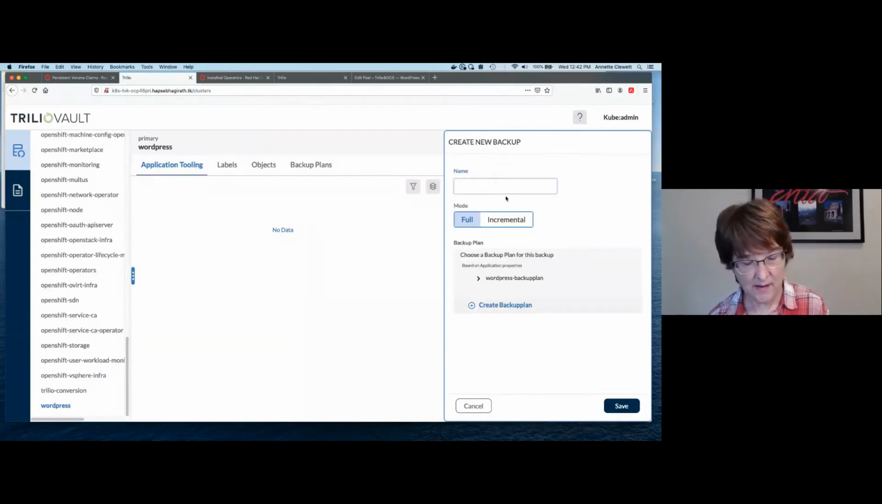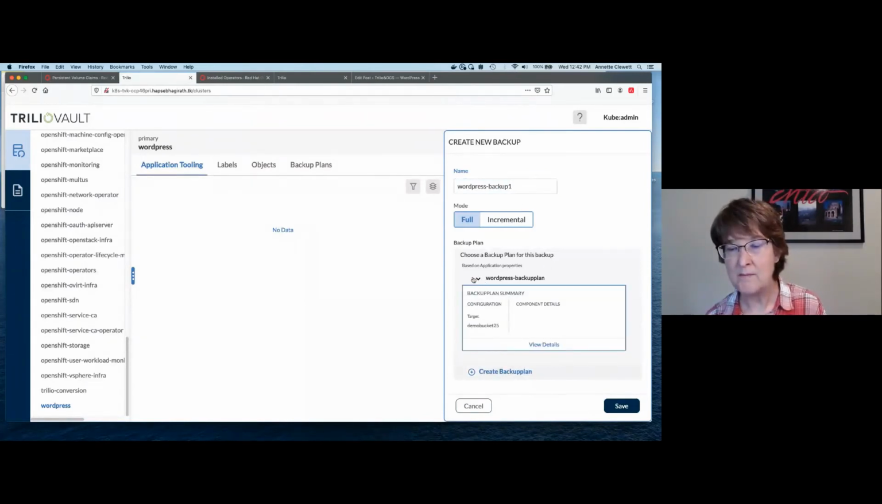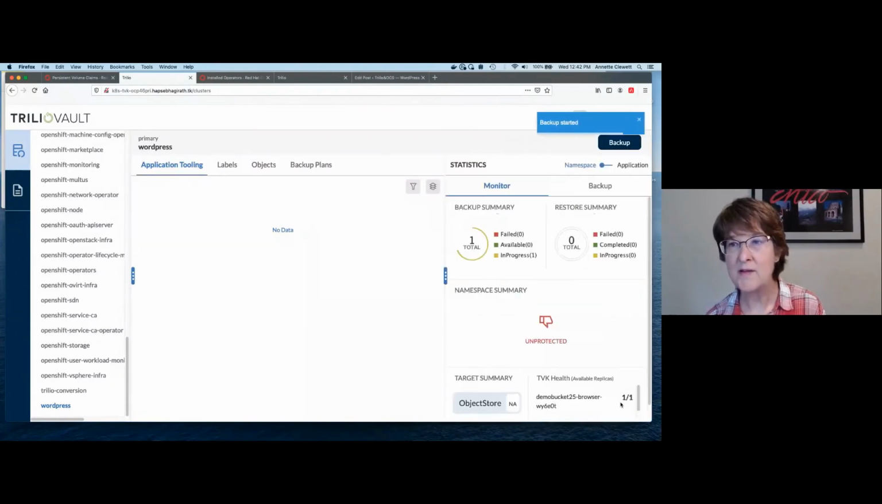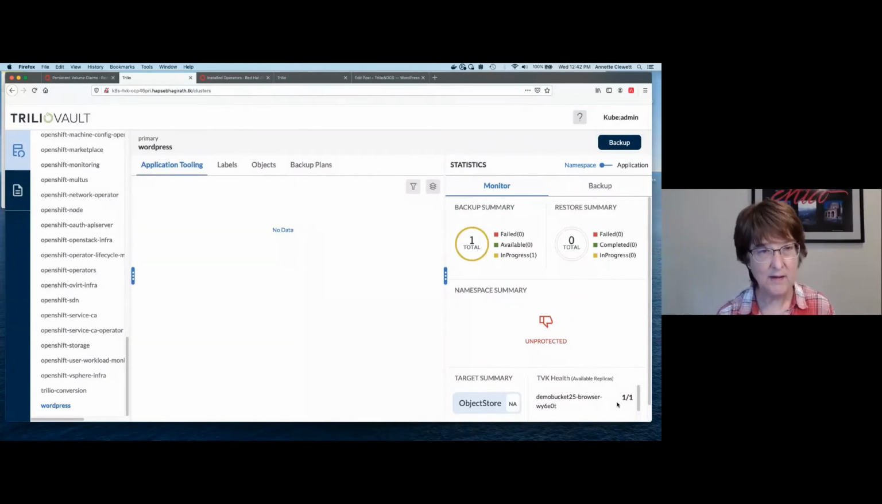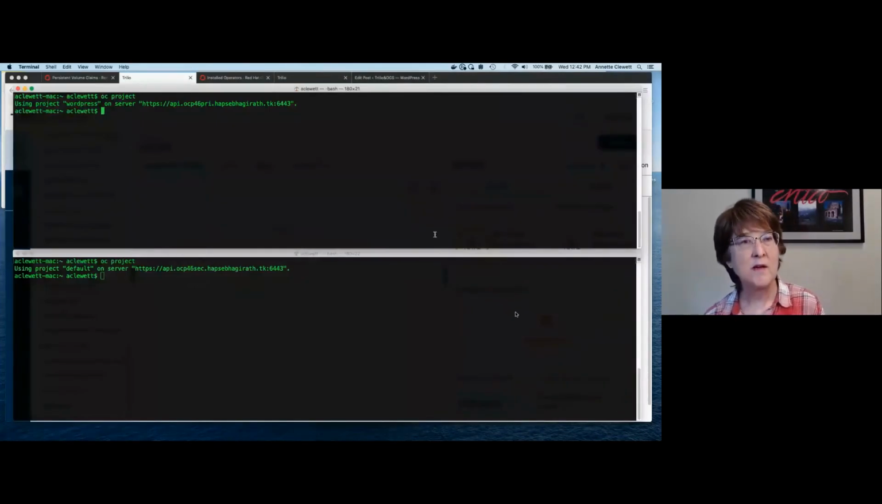And then I'm going to name this particular backup. Once I do that, I need to choose my plan here. And the little check mark means I've chosen the WordPress backup plan. Save, and then the backup's starting. So while it's moving along there, let's just look at the terminal. So on the terminal here, I have,